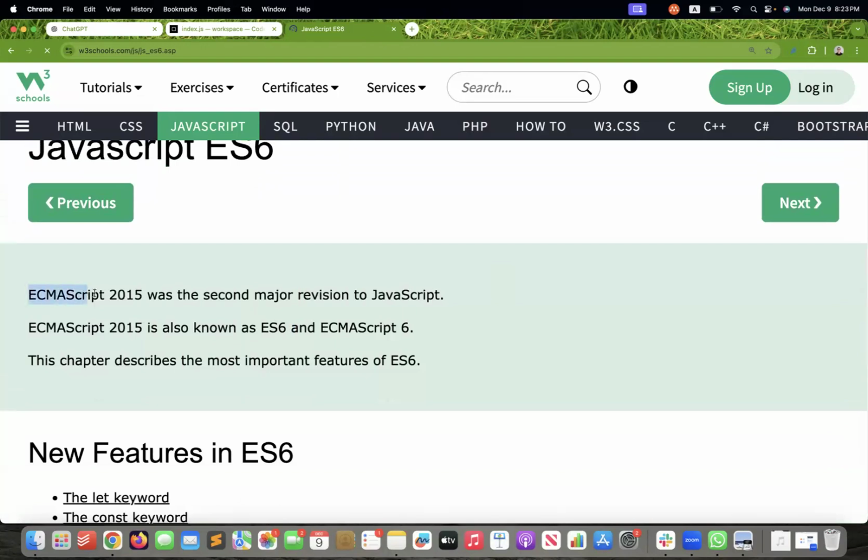ECMAScript, basically ES. ECMAScript 2015 is basically the second major revision to JavaScript. They brought JavaScript up to industry standards and to the modern way of handling functional programming in JavaScript. ECMAScript 2015 is also known as ES6, and